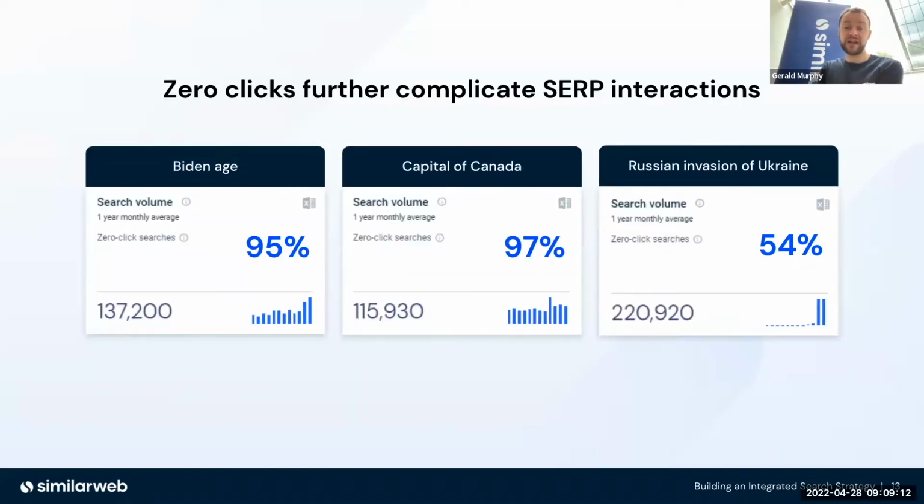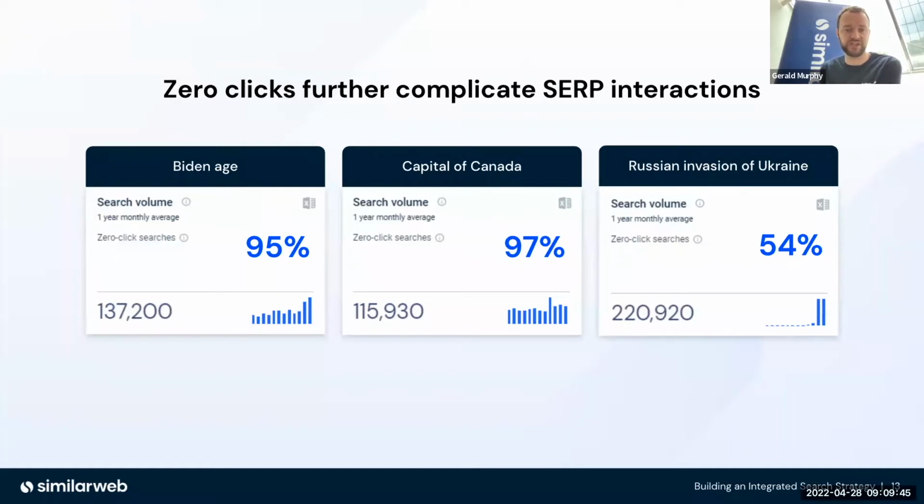And zero clicks further complicates SERP interactions. So when, for example, someone does a search for Biden age, 95% of people click on nothing. What that basically means is people are actually getting their information directly from the SERP. They're processing that information. They don't need to click on anything. So zero clicks is a really super useful metric to use from Similarweb, because what it's doing is actually starting to account for some of these types of complex behaviors in the back end automatically in a really simple metric